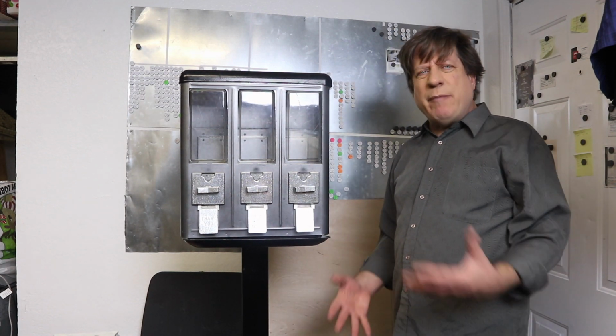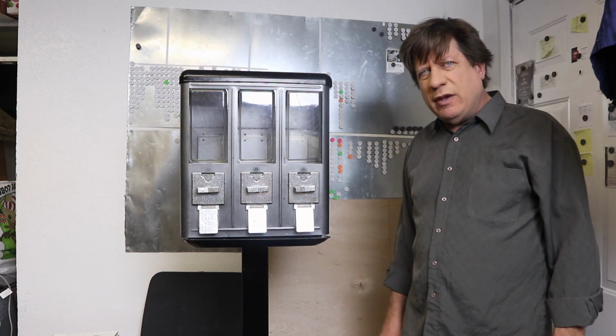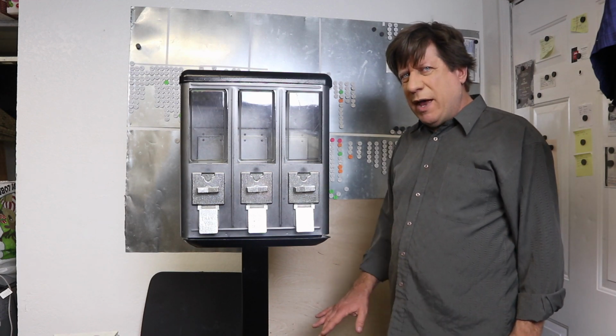Now, let's start at the bottom. Why do I not like these machines? Let's start at the bottom. I filmed this a little while ago, but look on the bottom. The base is pretty flat. It raises up a little bit in the center, but it sits very, very flat